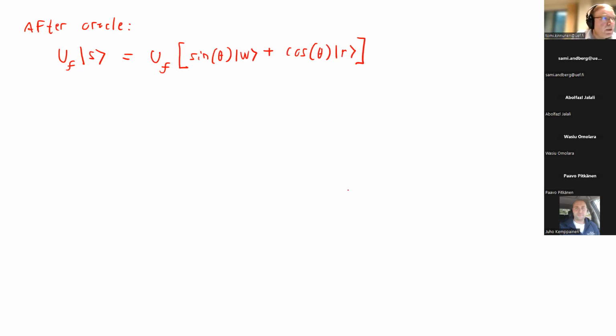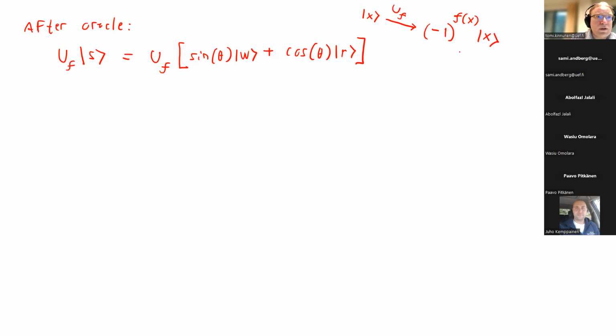Now, if you still remember how the Oracle works, it was (-1) to the power of f(x). Whenever we have a state x and it is sent through the Oracle, it gets mapped to (-1) to the power of the corresponding function value times the original state.